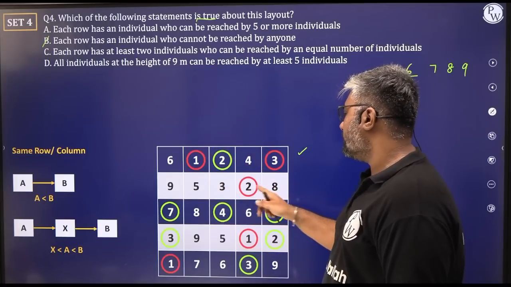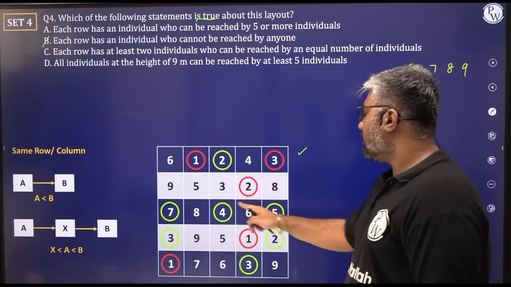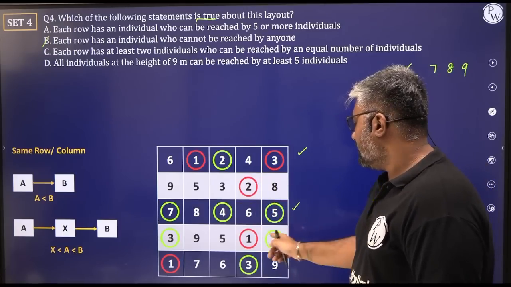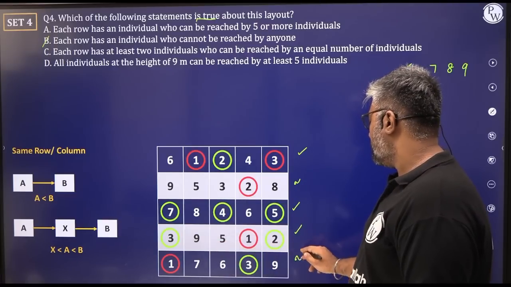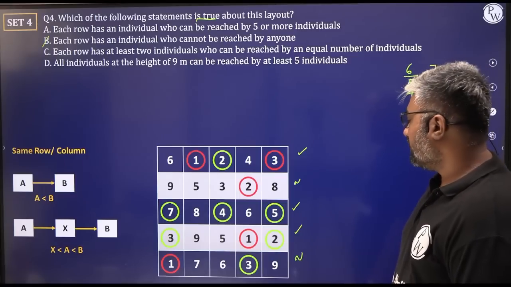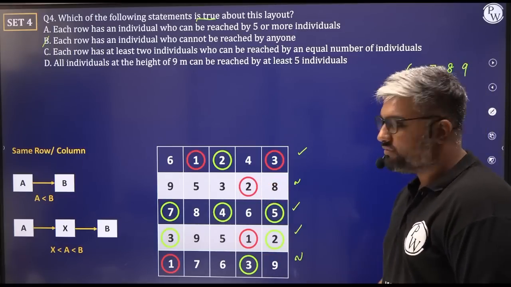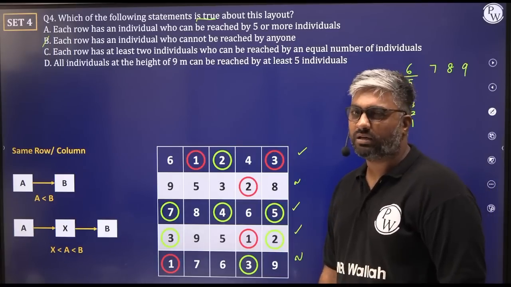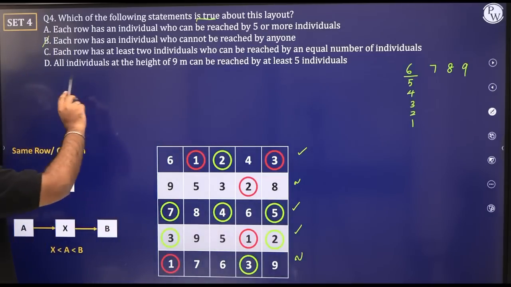Here we cannot judge because we know only about this. We have not looked into the others. Here we have 2 ones at least. Here we have 2 1s at least. Here we are not sure. Here we are not sure. So had we had something in row 2 and row 4, we could have blindly went for it, but we do not. So C also we have to keep on hold, and for D,